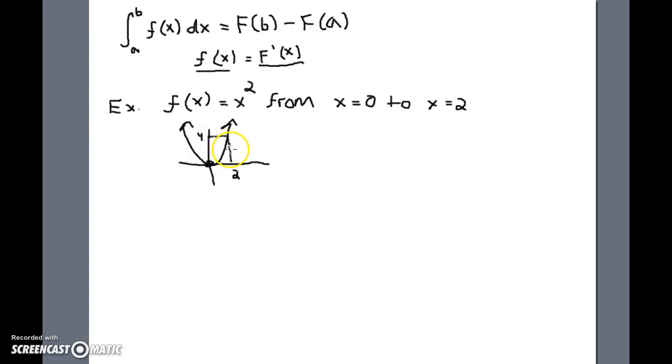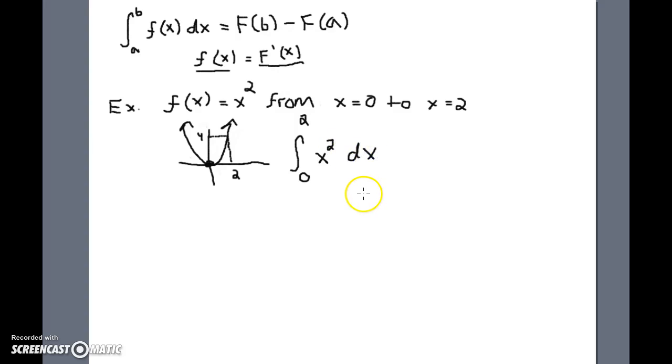When it comes to Riemann sums or trapezoidal sums, it's useful to draw a picture because you will need to do that in order to effectively use those methods. But with the fundamental theorem of calculus, you don't have to draw a picture. So let's just go straight to it. We know what f of x is, we know our a's and b's, so let's see what we have. Remember, a is less than b, so the lower value goes down here and the upper value goes up here. So 0 would go here, 2 would go here, x squared